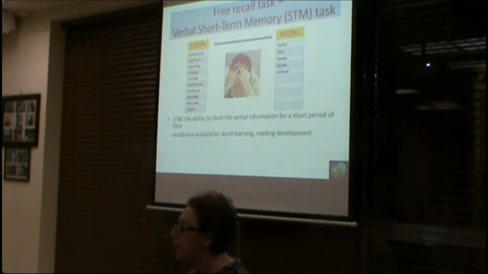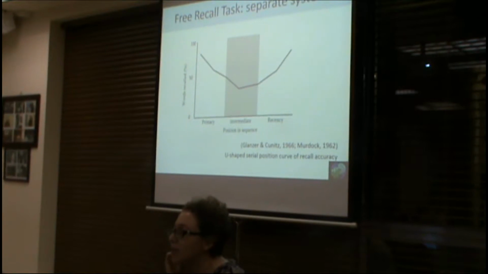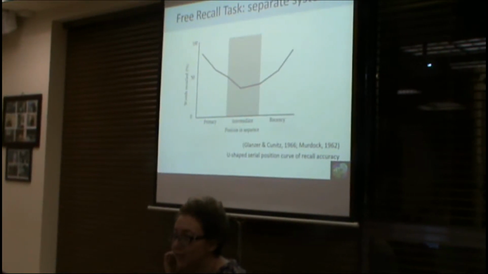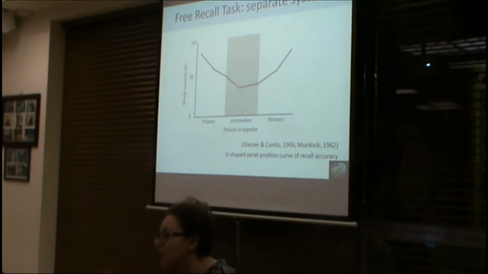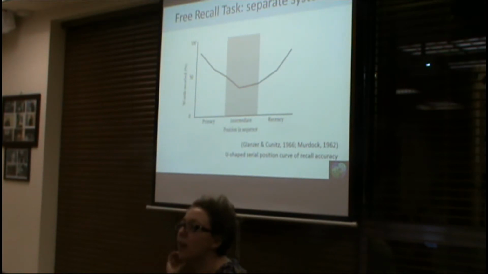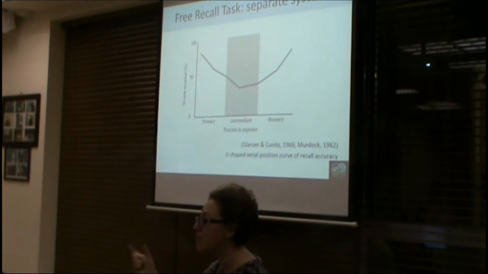And the reason why we got really interested in this is because there are actually serial position curve effects in the free recall data. Now, I will step out of this for a second and tell you that not everyone actually agrees on this. And not everyone agrees on how you interpret primacy and recency effects in free recall tasks. But the classic interpretation is that the primacy effects in the data, meaning you are better at recalling words at the beginning of the list than the middle of the list,